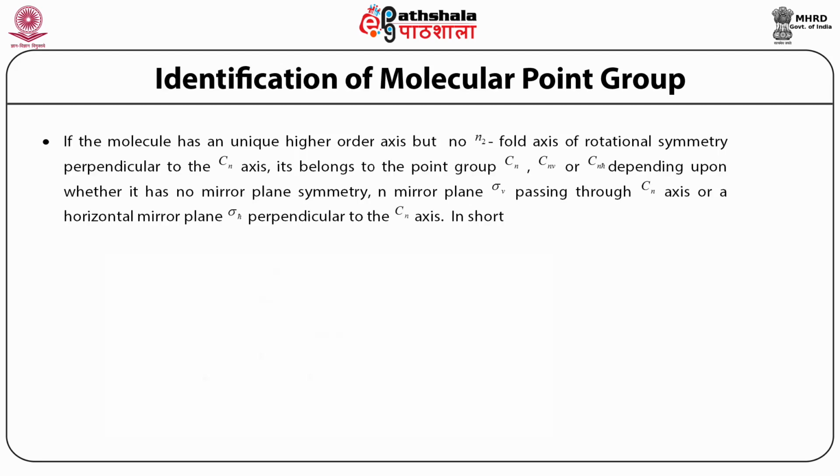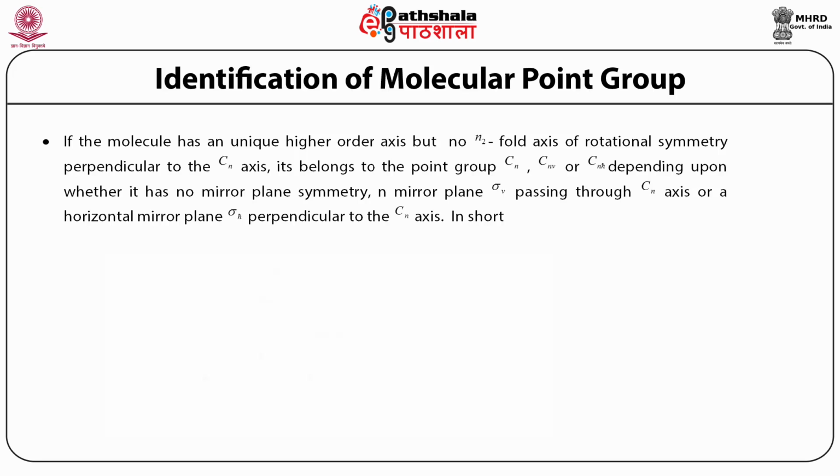For example, if the molecule has a unique higher order axis, that is, a principal axis, such that a rotation by an angle 2π/n is a symmetry of this molecule, and if there are no twofold axes of rotation symmetry perpendicular to this principal axis, then it can belong only to the point groups Cn, Cnv or Cnh, depending on whether it has a mirror plane symmetry